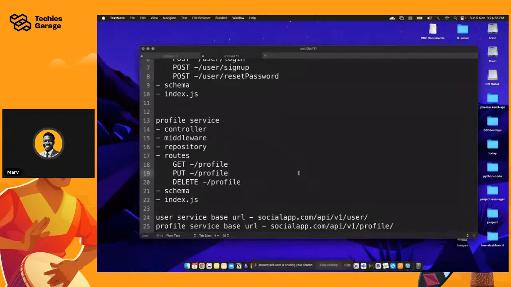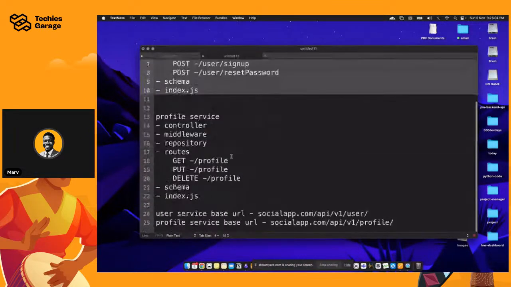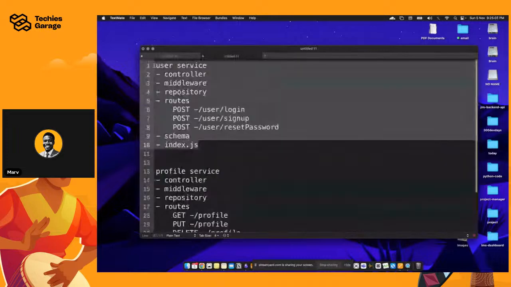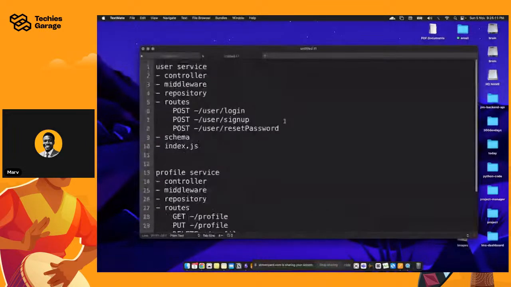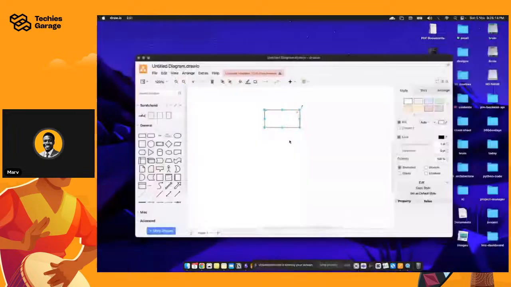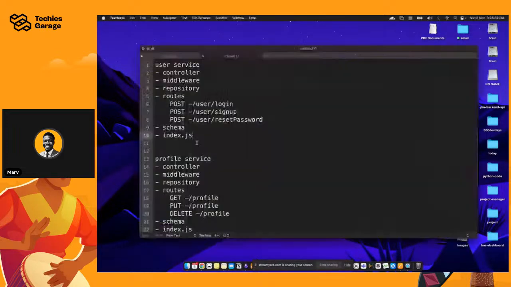Nice. Okay, so I'm just showing an example of what you might actually want to do. If you want to learn more about how to build stuff like this, of course, we can always have that conversation on Discord. But yeah, this is what it's going to look like. Now, if we're going to be designing this, we're going to show the communication between the user and the servers that we'll be using. I'm going to focus majorly on two modules like what I have explained here, just primarily these two for this example.